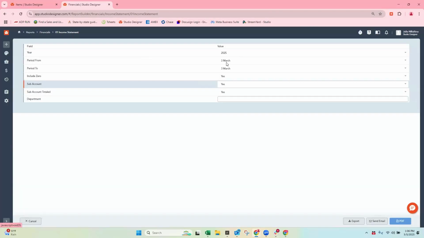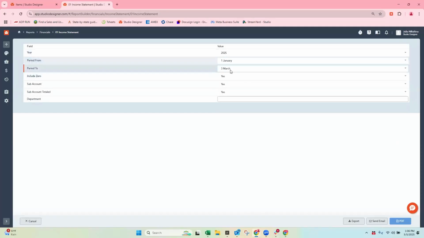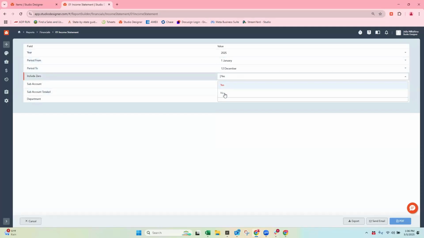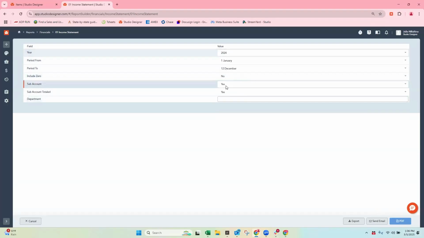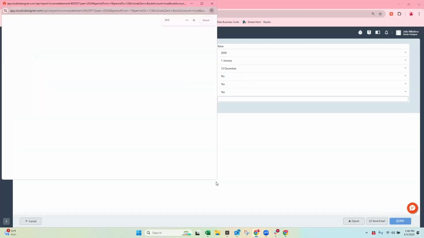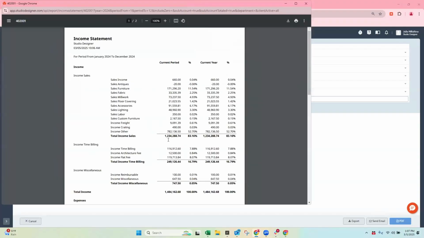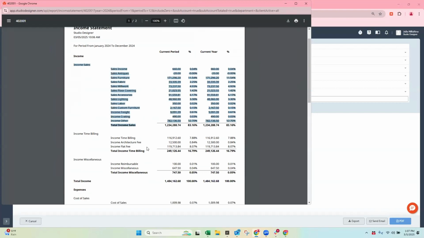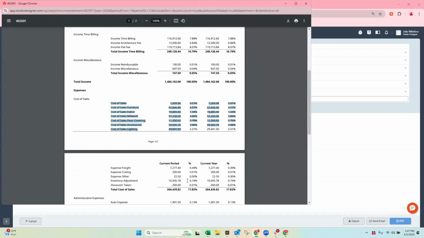The way the income statement is structured in here is actually quite great and very comprehensive. I don't like to look at zeros. I always exclude them and I always complain about them. This section up here, this income sales, is tied to your items. This is your item screen. Anything in here should be directly coming from an item within a project. And the same with cost of sales. These cost of sales are directly tied to an item.